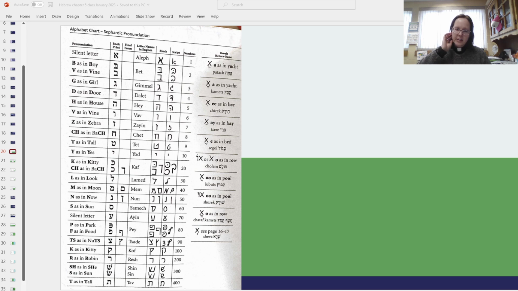But before we get to that, I just have the Hebrew alphabet up there to help our brain read and remember and connect with our mouth how to say the Hebrew alphabet. So I invite you. The first one we have is Aleph,